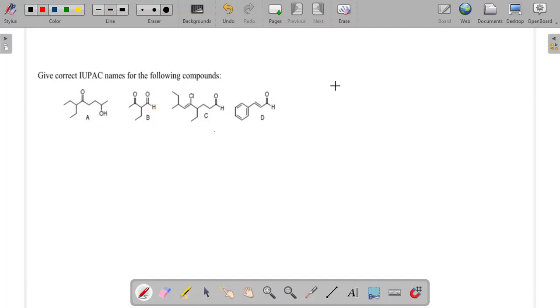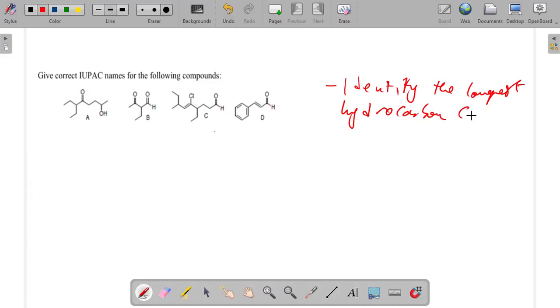Okay, so the first thing that we need to do, we identify the longest hydrocarbon chain. Identify the longest hydrocarbon chain. Okay, so now once you identify the longest hydrocarbon chain, then you have to check if your compound